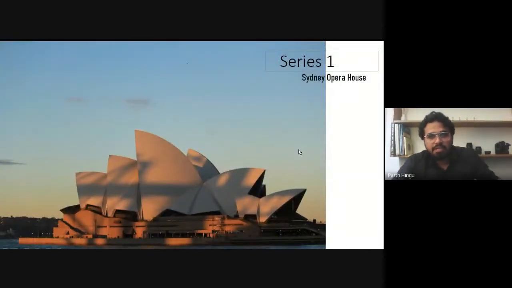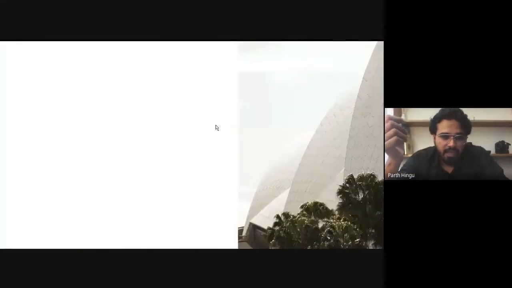Now I will start the series, explaining other photographs. I will explain with this one. Everyone knows that this is the Sydney Opera House, and when we image, there's the Harbour Bridge, which is very famous in Sydney. The shadow of the Harbour Bridge was falling on the Sydney Opera House. So this was a good image, and I captured it. Then when I was roaming around on another day, I saw that we can capture the detail as well.